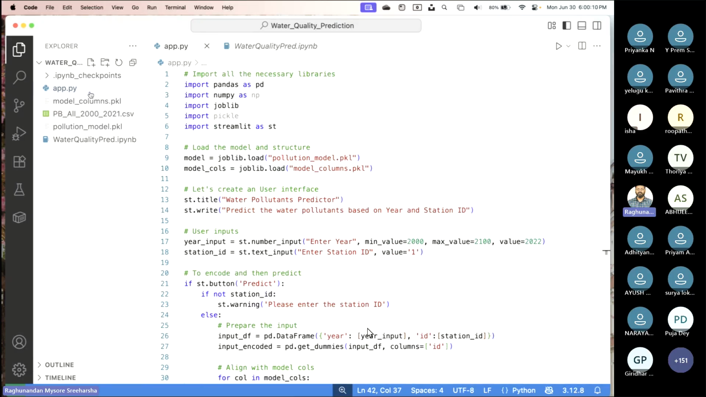So this file should be in the same folder where you have model columns and pollution model and your IPYNB file. Okay, so try to make sure that all the files are in the same folder. If you make any changes, even if you make any spelling mistakes, it will not work. So kindly be careful. Second thing is try to install Streamlit if you have not installed it,